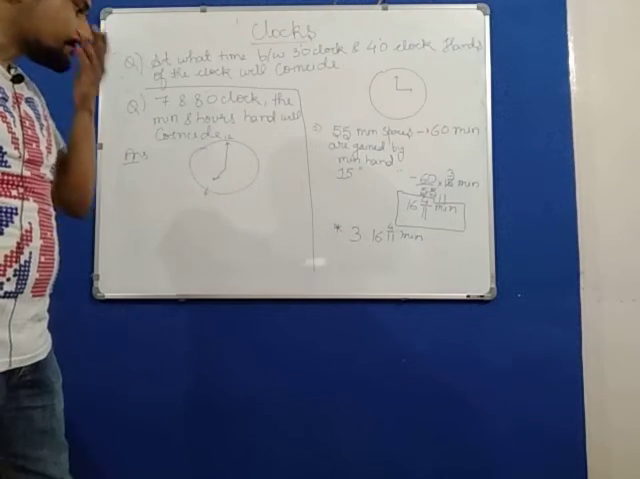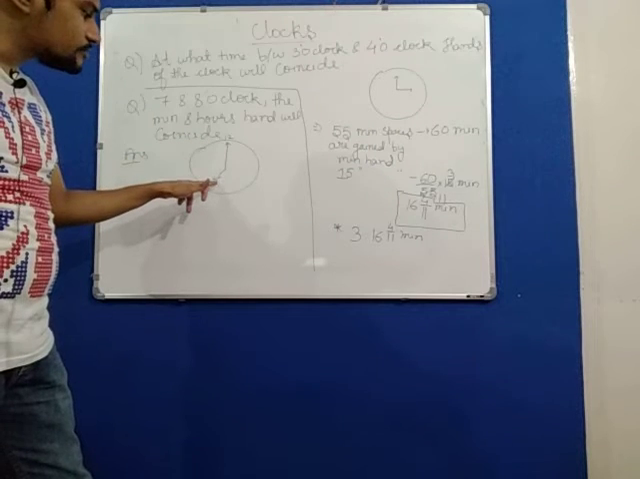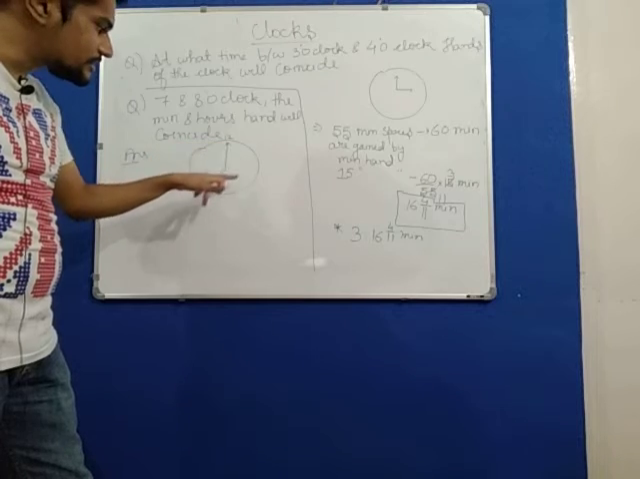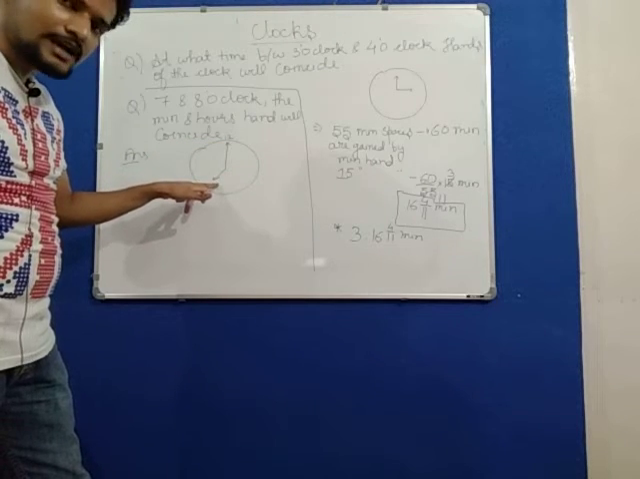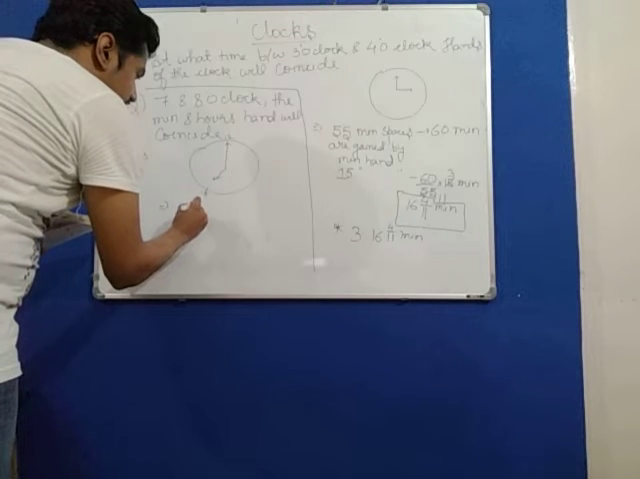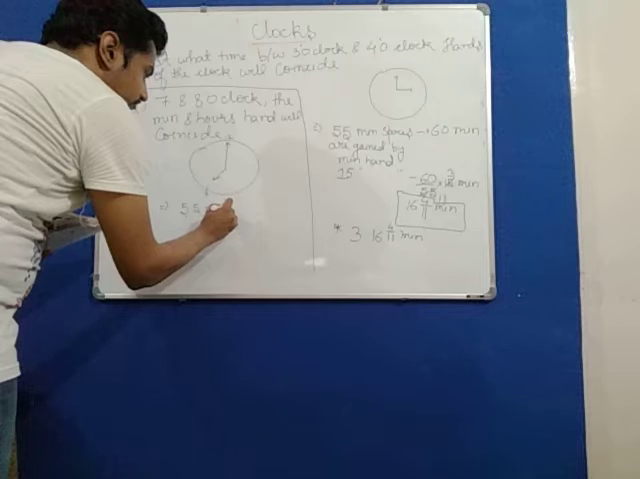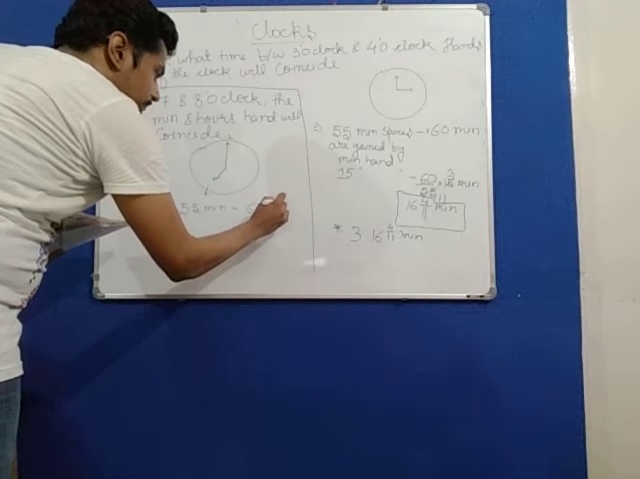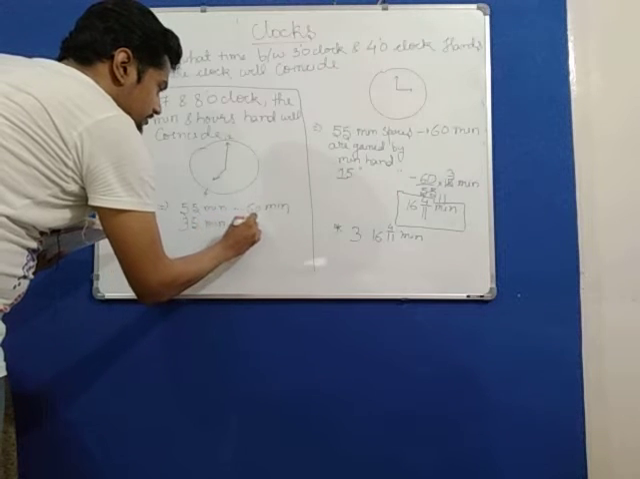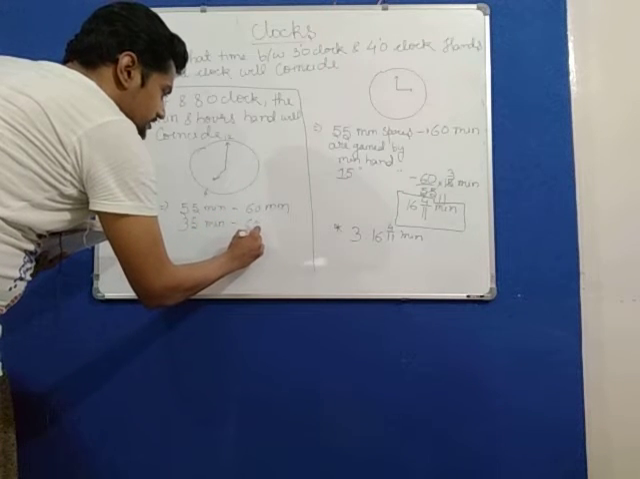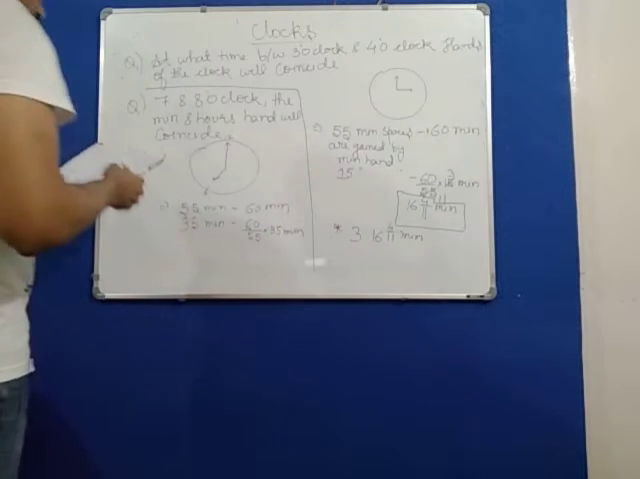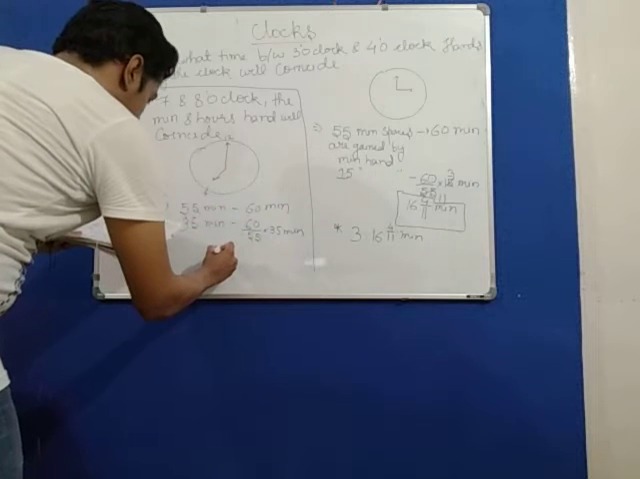Now if we again consider, to coincide, if we assume that the hour hand is constant at 7 o'clock, then the minute hand will have to travel 35 minute spaces to reach the hour hand. Now again applying the same formula, 55 minute spaces are gained by the minute hand every 60 minutes. So 35 minute spaces will be gained by the minute hand in 60 by 55 into 35 minutes, and this will come out to be